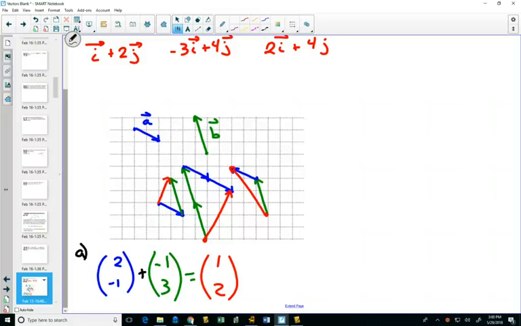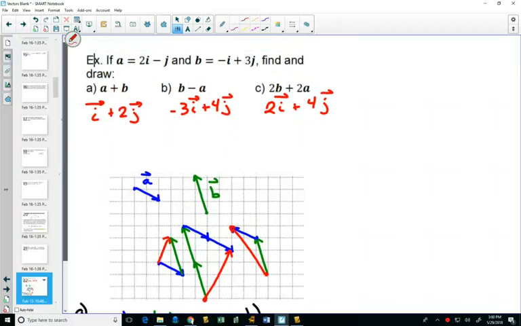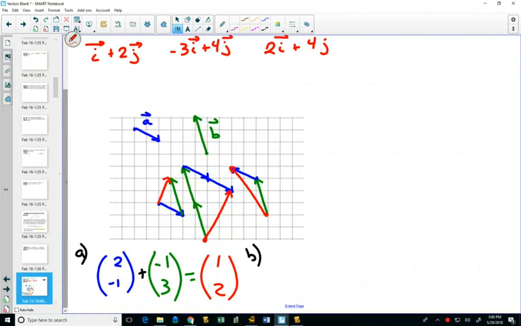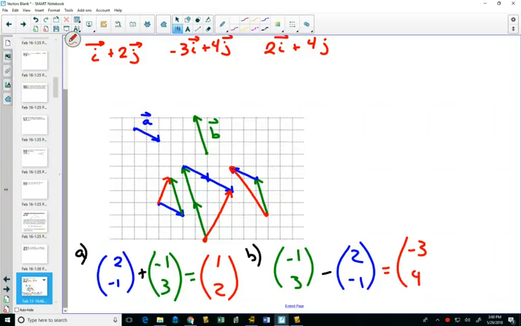If we look at part B, we did B minus A. So B was (-1, 3) minus A, which was (2, -1). And the answer that we got for B was (-3, 4). And in C, we did 2